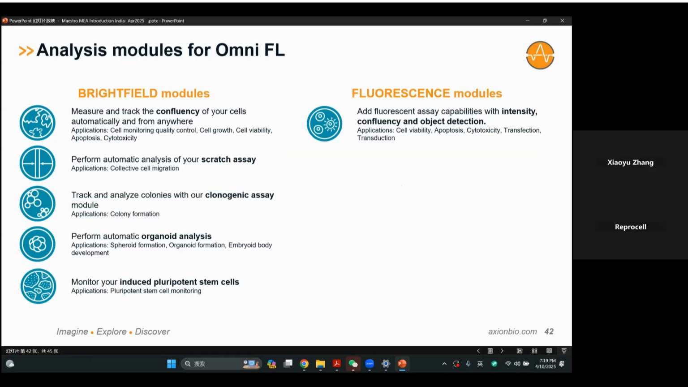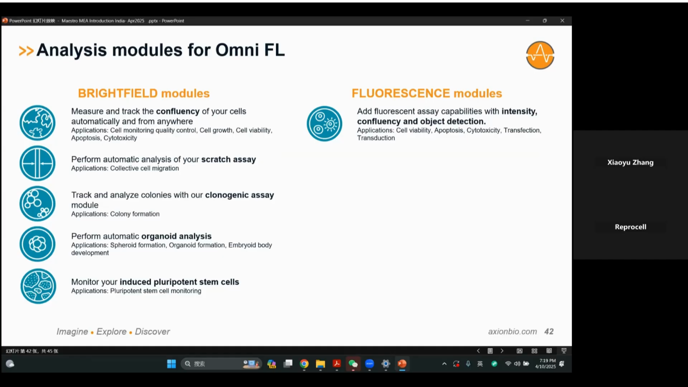And there is also a clonogenic assay module and an iPSC module. Those 2 modules can help us to track clone formation and to study the effects of cytotoxic or immunotherapy agents. And there is also an organoid analysis module available for monitoring the growth of iPSC-derived organoids or